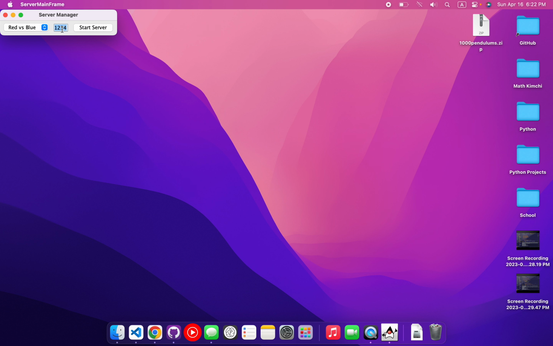And then it asks you for the port number, which isn't that important as long as it's big enough. I think as long as it's over 1000, or maybe 200 or something, but 1234 is a safe port to use. And you could start the